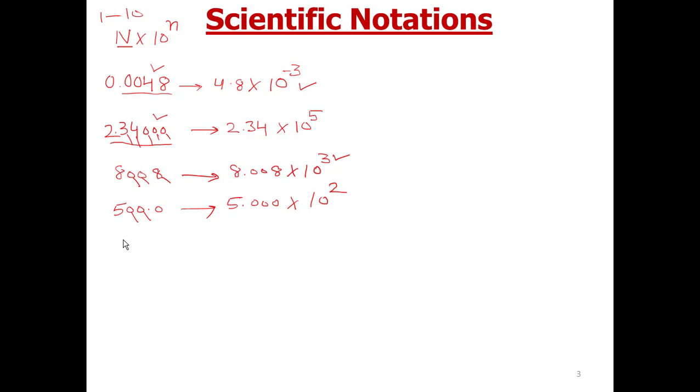Similarly, suppose we have this number 6.0012. This number is already in scientific notation, so we need not do anything because it is between 1 and 10. So that is how we can represent any number in scientific notation by simply following these methods,